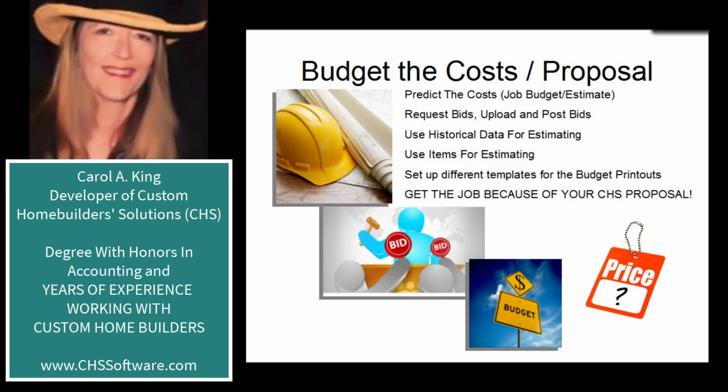So now we are ready to predict a new job's cost by doing a job budget or estimate that will use both the cost codes and a job. On the job budget worksheet that we will open, you will be able to predict the costs based on various things. You could either request bids, upload or post bids, drill down on historical data because you're connected to accounting, and look at averages of past jobs and their actual costs to come up with what you might want to estimate for. Use items for estimating,